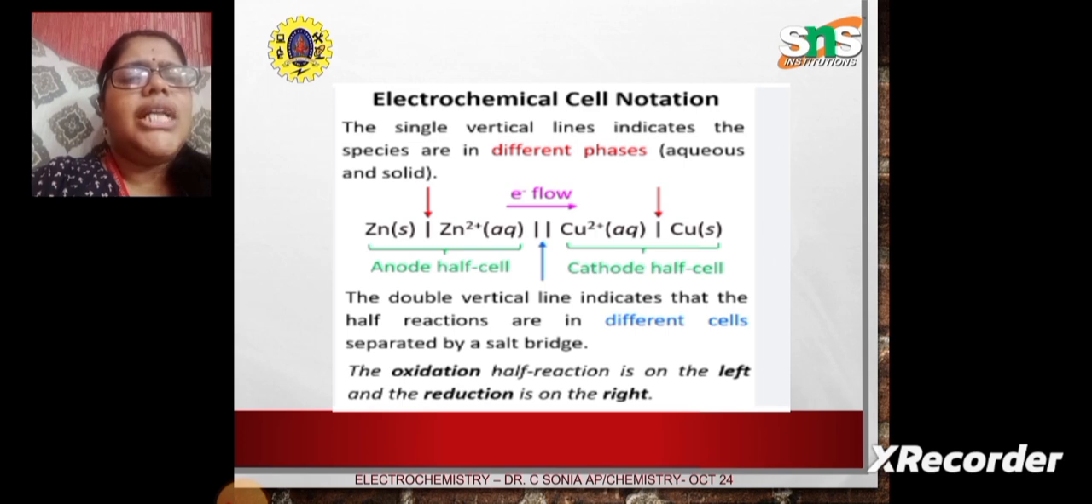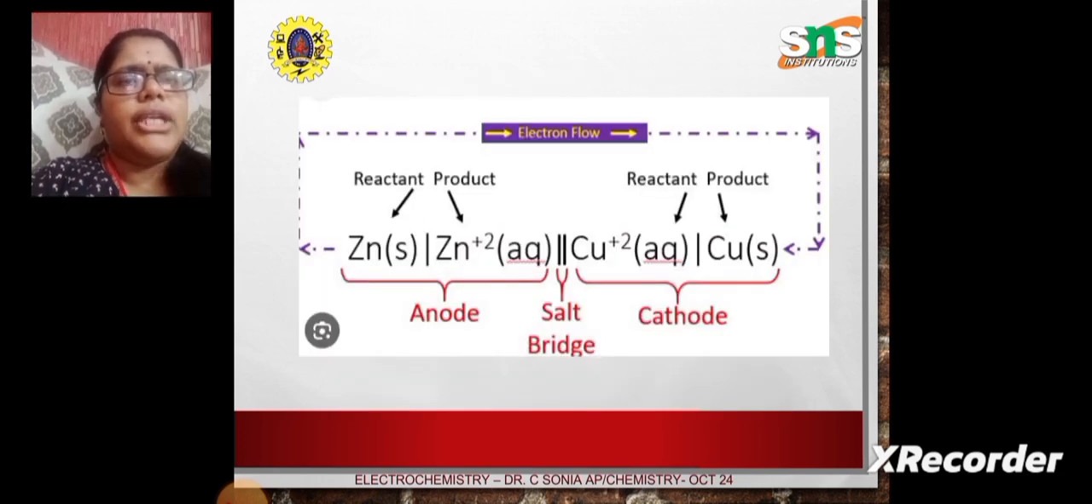The double vertical line indicates that the half cells are in different cells separated by a salt bridge. Okay, so it is a different half cell. The zinc half cell is different from the copper half cell. The oxidation half cell is on the left and the reduction half cell is on the right side of the cell notation. Now we can see how the electrons flow. The electrons flow from the zinc electrode to the copper electrode. Okay, so we have the reactant and the product on